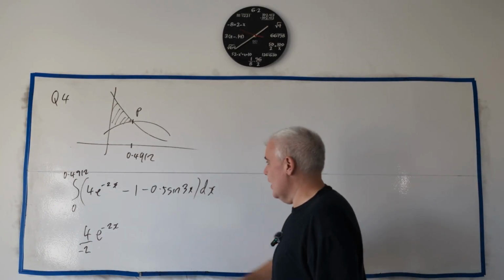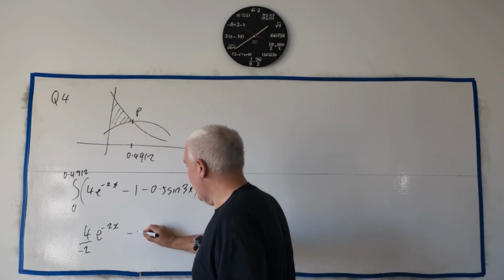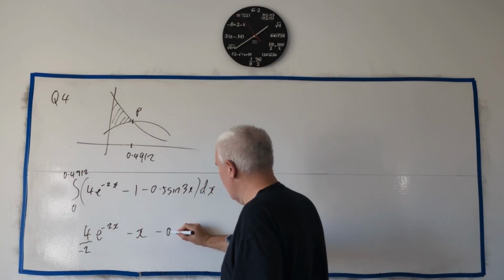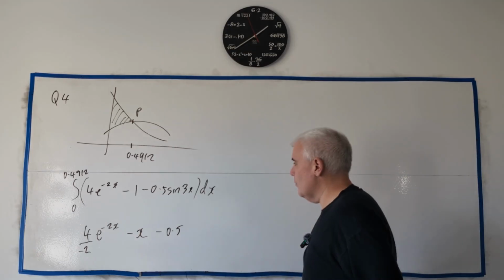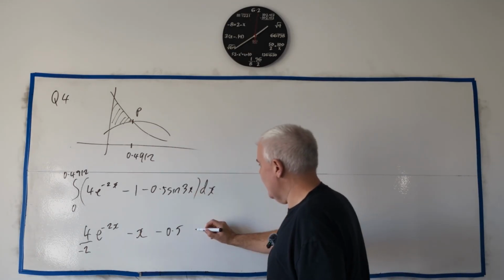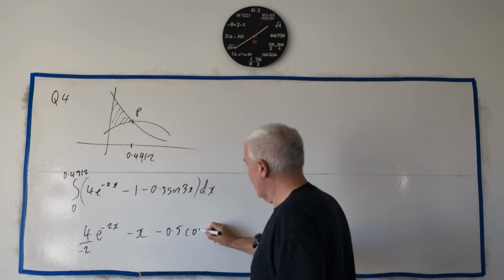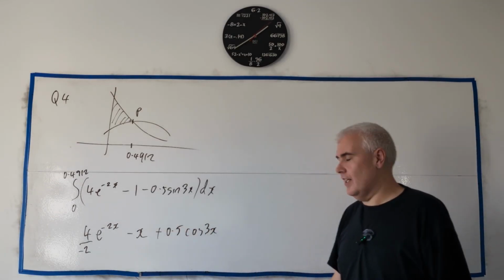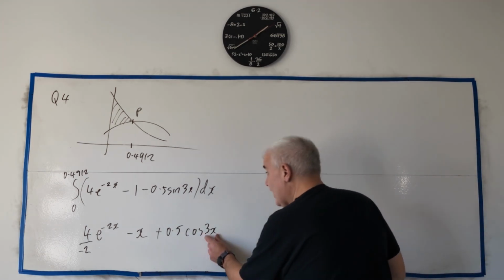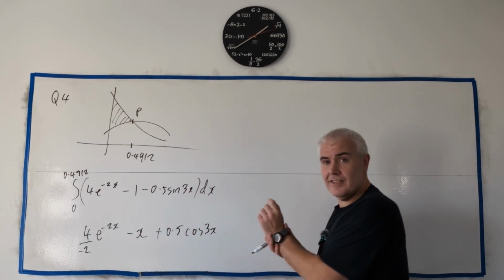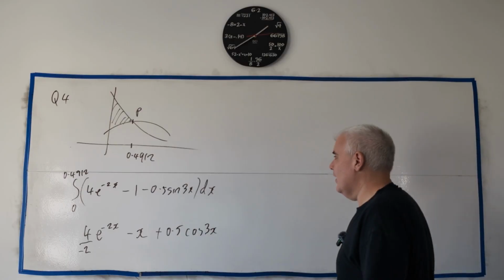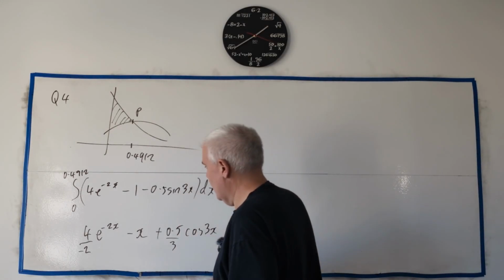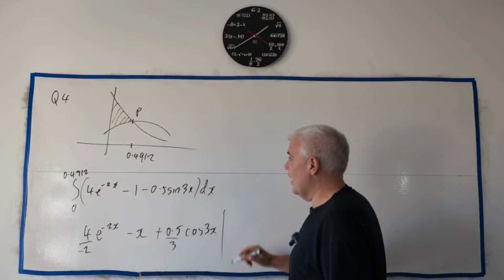semi-difficult equations. So the integral of minus 1 is just minus x. The integral of this, the minus a half, we ignore that. It's a constant, comes outside. The integral of a sine is minus cosine. So minus cosine 3x. The minus will cancel that minus. We get a plus. Again, though, this was complicated. This 3x is not an x. It's more complicated than that. So we end up dividing by the derivative of this. So we divide by 3. And all of this is evaluated between